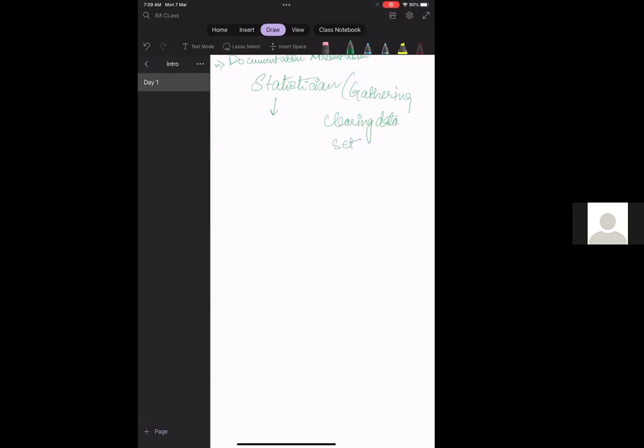And with the growth of data and technology, data mining evolved. So the job of statistician converted to extracting patterns from data by applying mathematical and statistical methods.